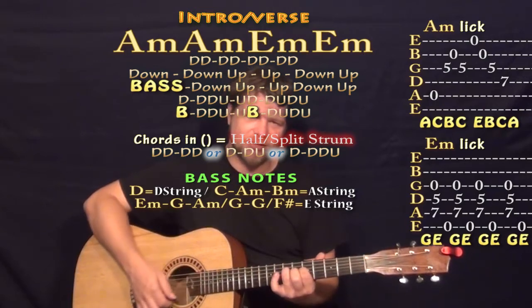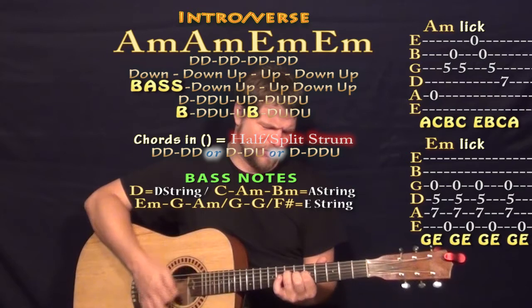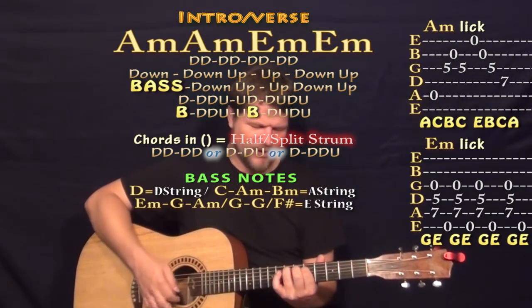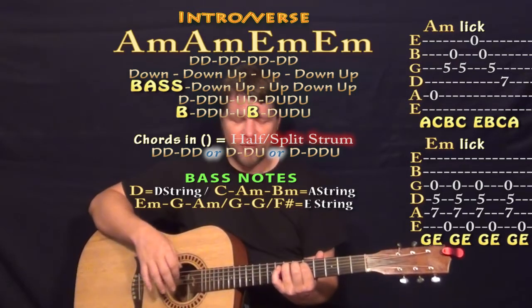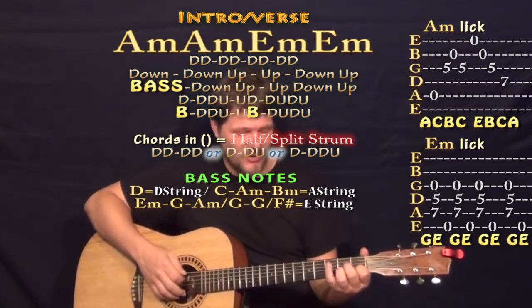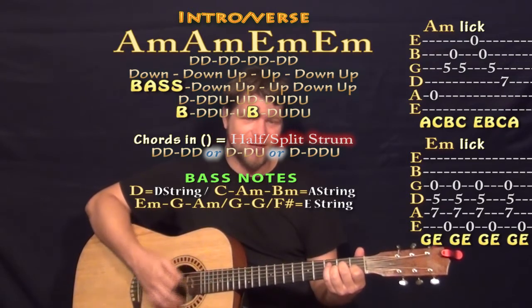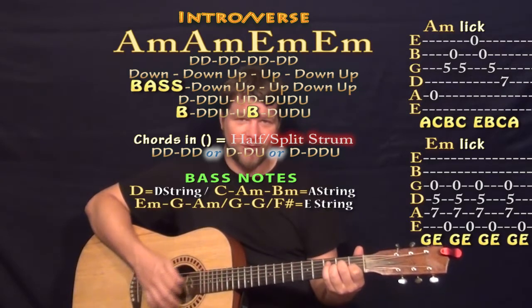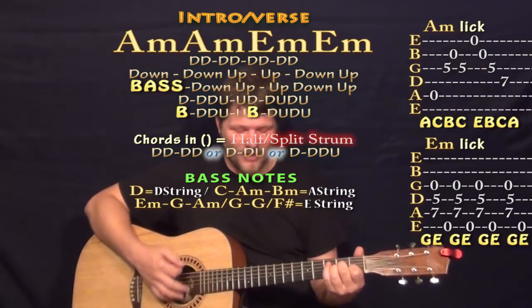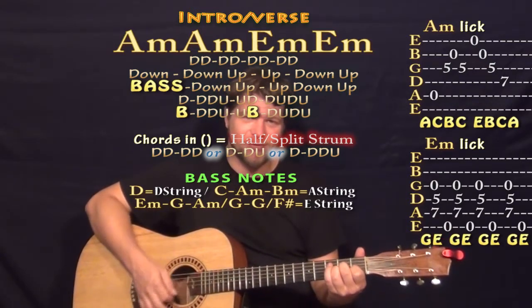For those higher voices, actually kind of working that 5 and 7 for the A minor, and the E minor. Now, if you're digging on the 16th pattern there, you can kind of embellish that with more basses, and you can make it a bass, down, down, up, down, down, up, down, or a bass, down, down, up, bass, down, up, down, up. Can all be really cool variations. A minor, A minor,